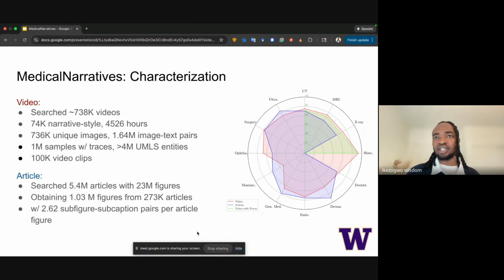We also curated over 4 million UMLS medical entities and over 100,000 video clips. From articles, we extracted 1 million figures with 2.7 million subfigures across 12 imaging modalities. The radar chart here shows our coverage across different submodalities.